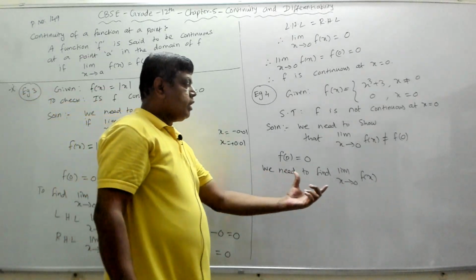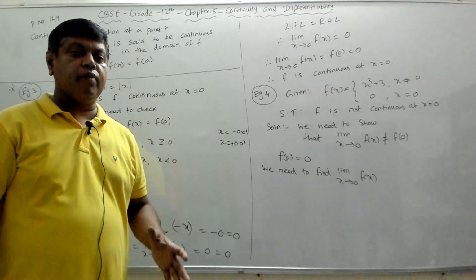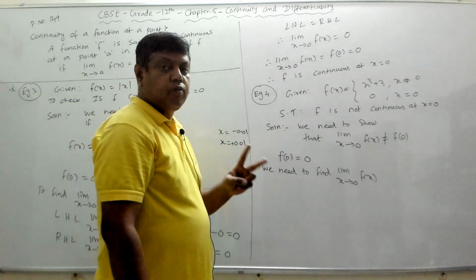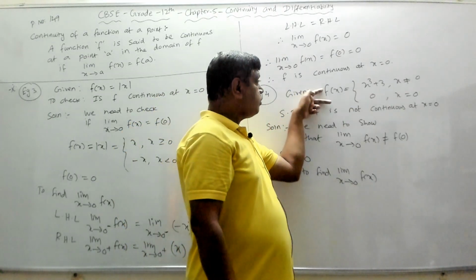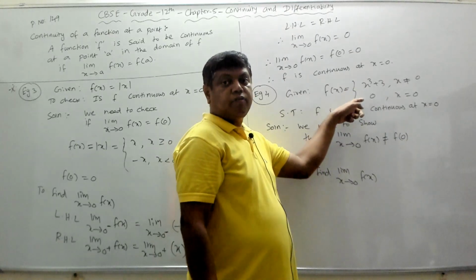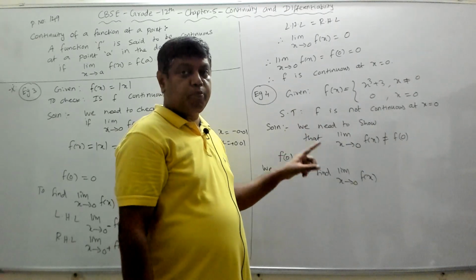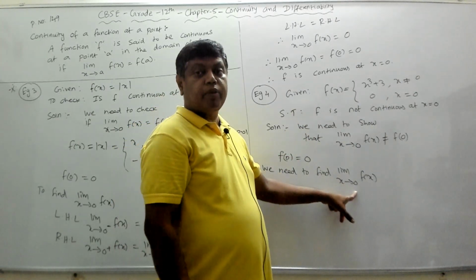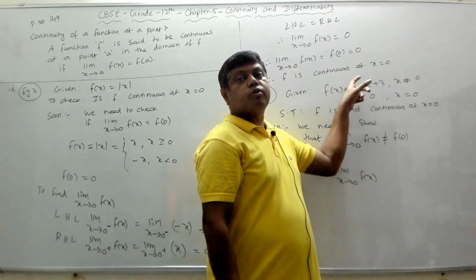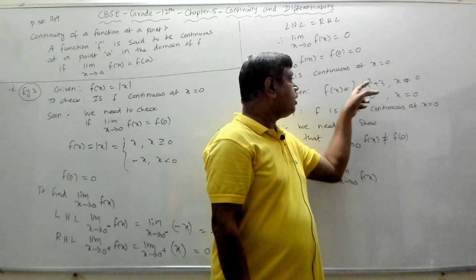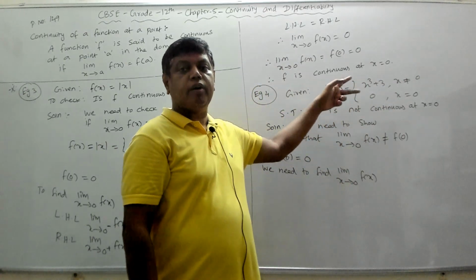Now again, to find the limit, we have to decide whether we have to go for left hand limit and right hand limit. And we go for left hand limit and right hand limit when two conditions are met. What are the two conditions? First is the value of the function will have different definitions based on the value of x. So condition 1 is met. Condition 2 is the point at which we are trying to find the limit is the point at which the f of x is changing also. Here it is 0. Here at the point 0 only, or near the point 0 only, the f of x is having two different definitions.